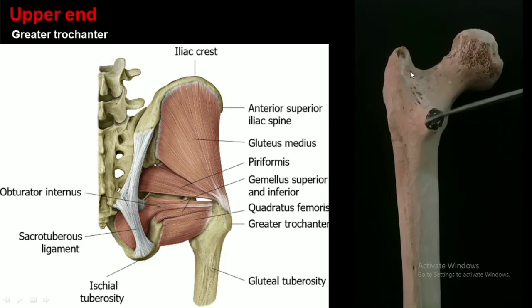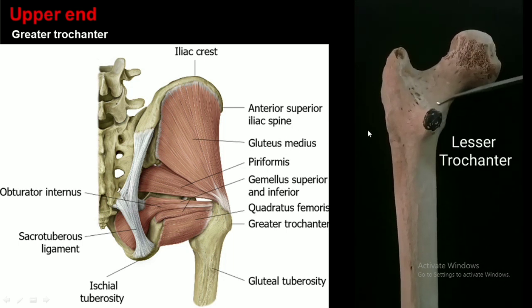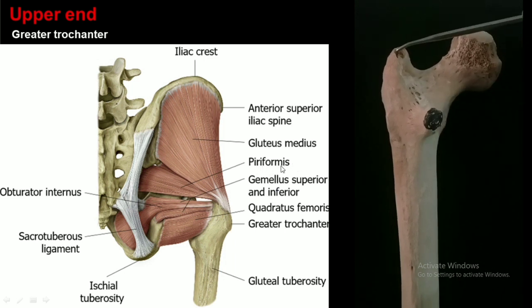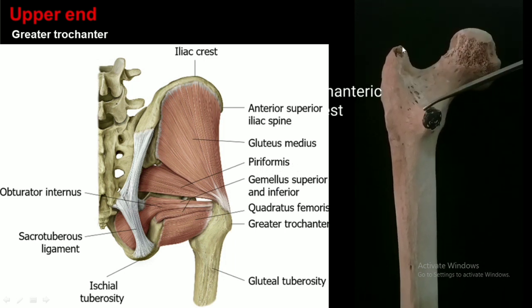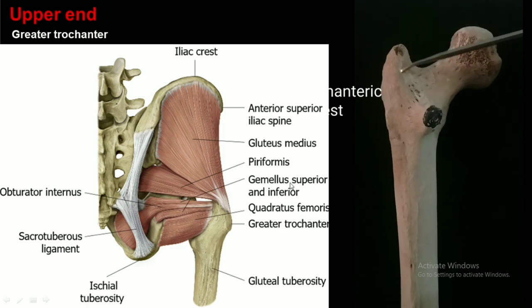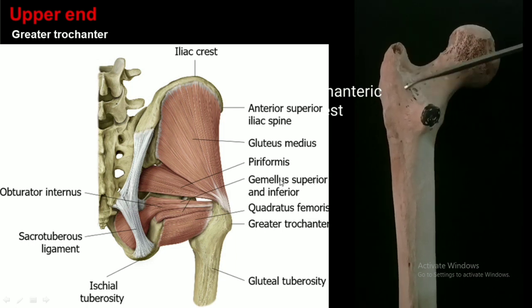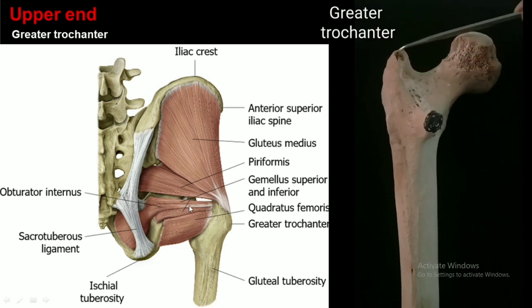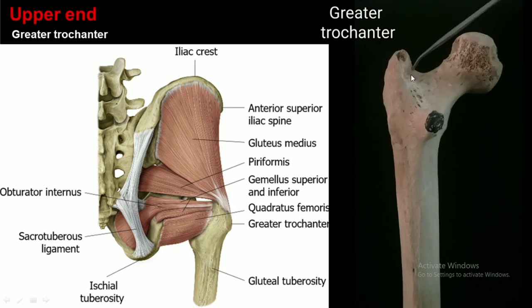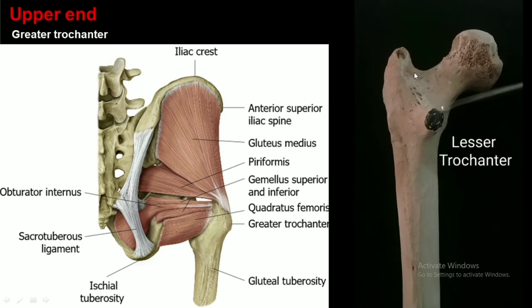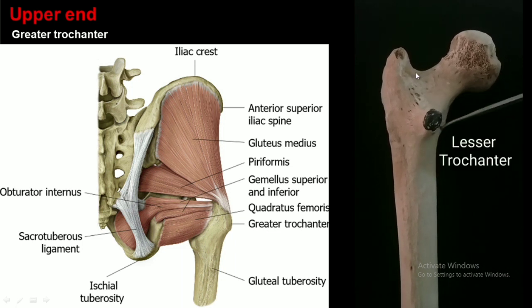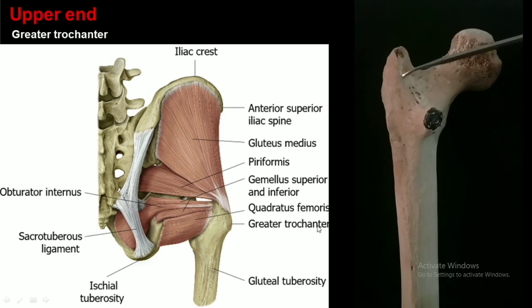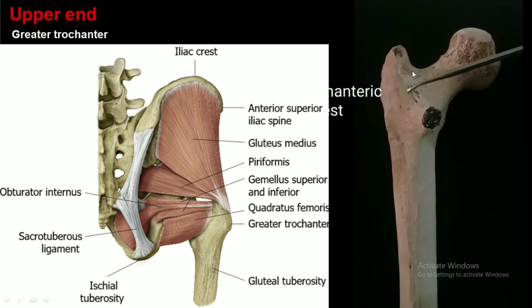Okay, again in the medial surface, piriformis at the apex of the greater trochanter, gemellus superior, gemellus inferior with obturator internus. Okay, this is the gemellus superior, gemellus inferior. This muscle is obturator internus. They are inserted just above the trochanteric fossa, and in the trochanteric fossa there is the obturator externus muscle.